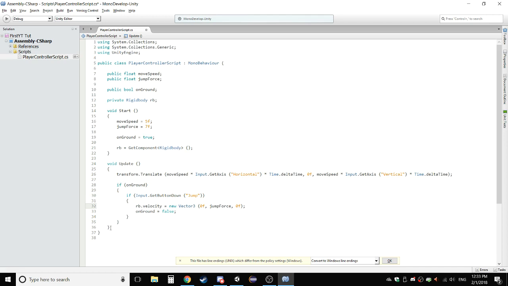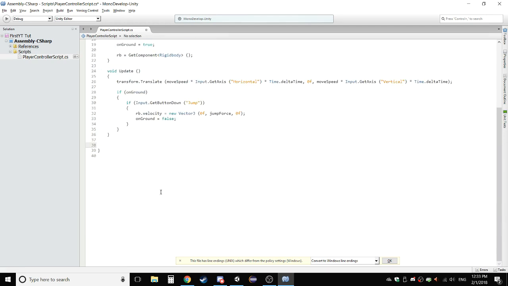we'll always be able to jump, like infinitely. Like if we keep on pressing space, then we'll always be able to jump. We don't want that. We're not making Flappy Bird. We're making a basic 3D platformer. So what you want to do is you want to make void OnCollisionEnter